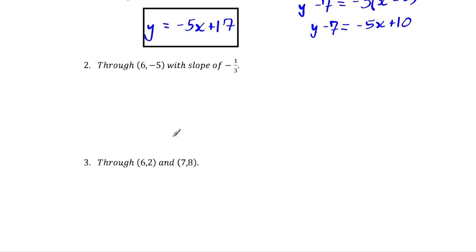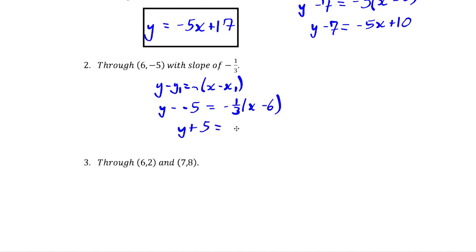So for the next one, they give us a point and the slope. So yet again, I'm going to use point-slope form. y minus y1 is equal to m times x minus x1. And so I can plug in my values. So y minus a negative 5 is equal to negative 1/3 times x minus 6. So I get y plus 5 is equal to negative 1/3 x. Negative 1/3 times negative 6 is plus 2,